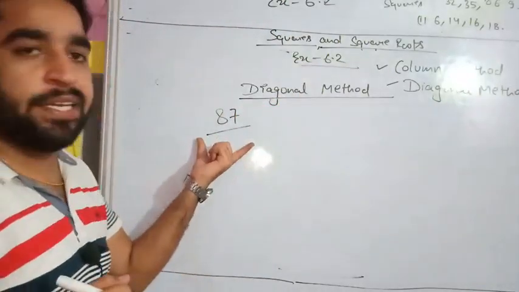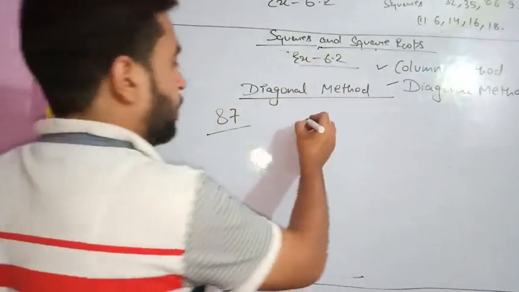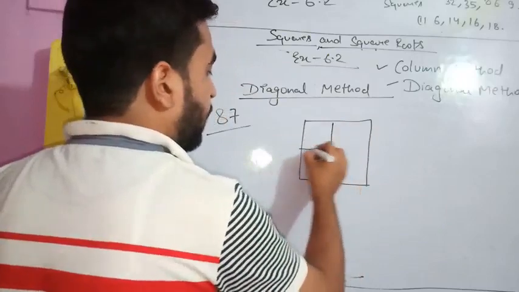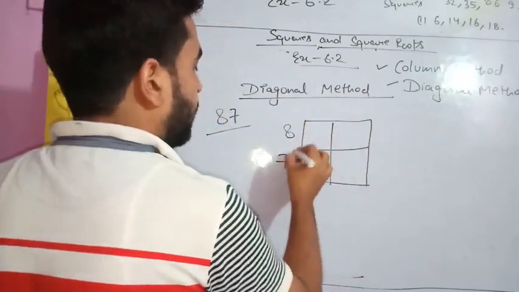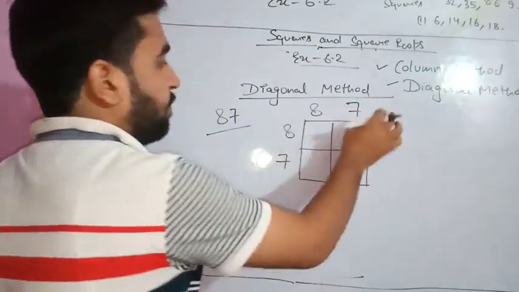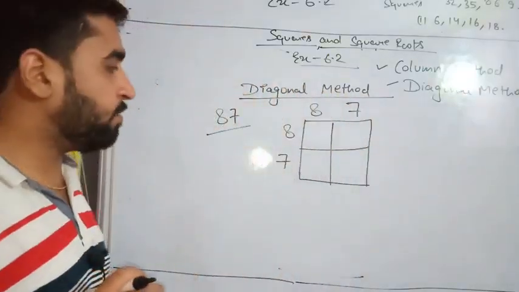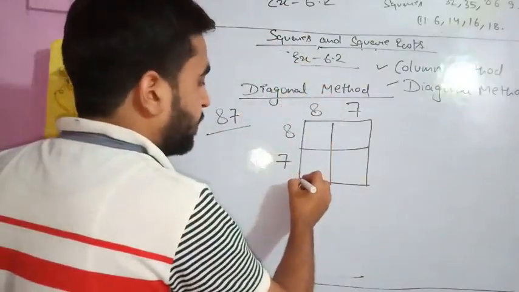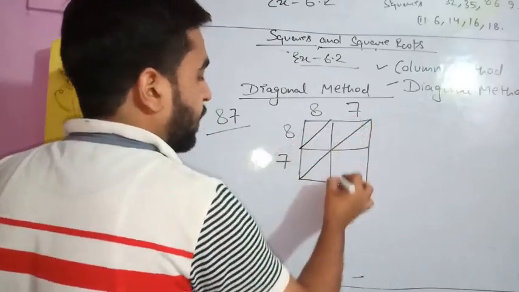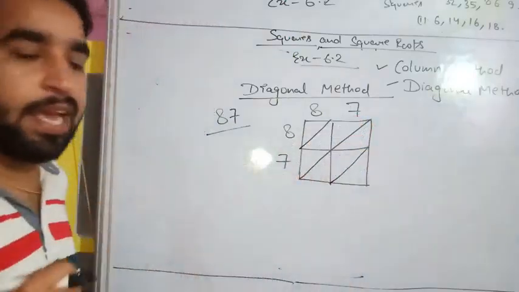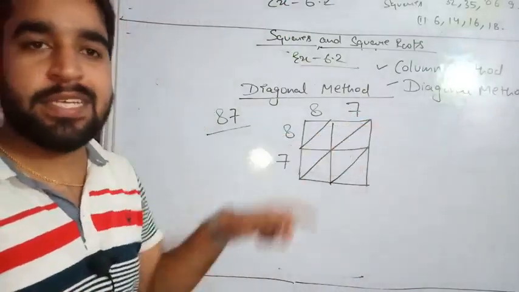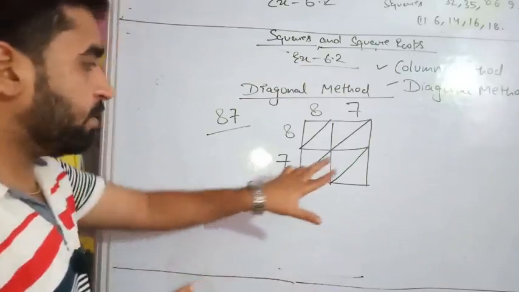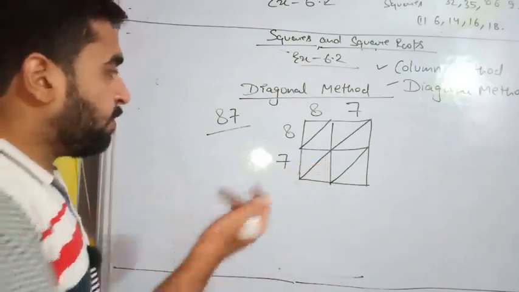What we are going to calculate? The square of 87. So firstly make a square. We have created a square and now divide it into 4 parts. Why 4 parts? Because we will write like this: 87, 87. Square of 87 we are calculating. Twice we have written this. Now start making the diagonals. You will make the diagonals like this: one diagonal, another diagonal, another diagonal. This is the diagonal, the line joining the opposite vertex. You will say, now sir, you have started the geometry in square and square roots. So this is what I wanted to tell to you. So let us solve this.